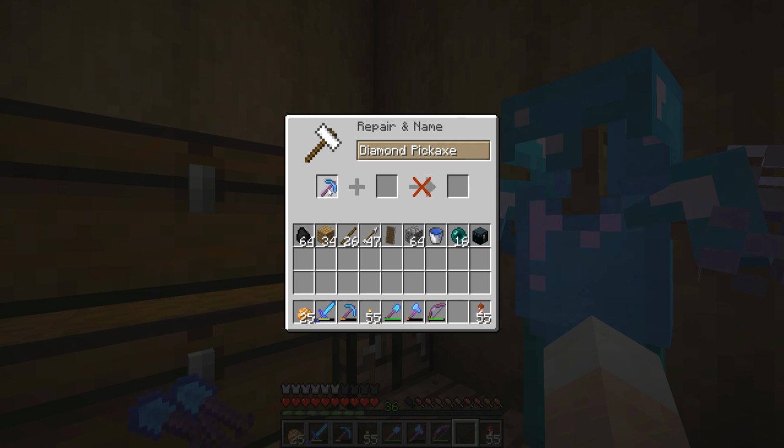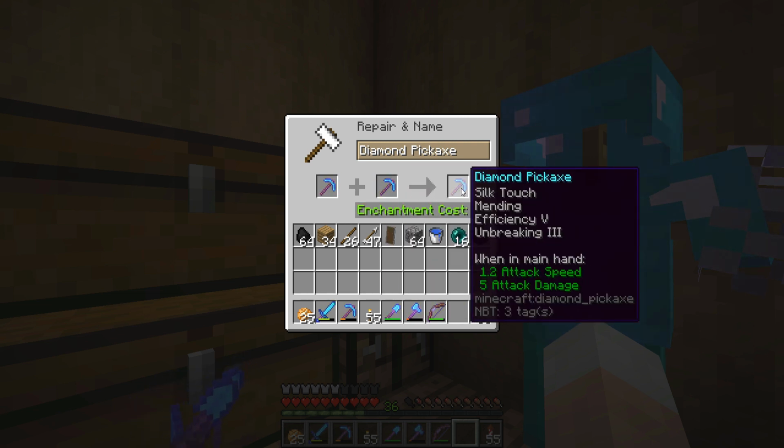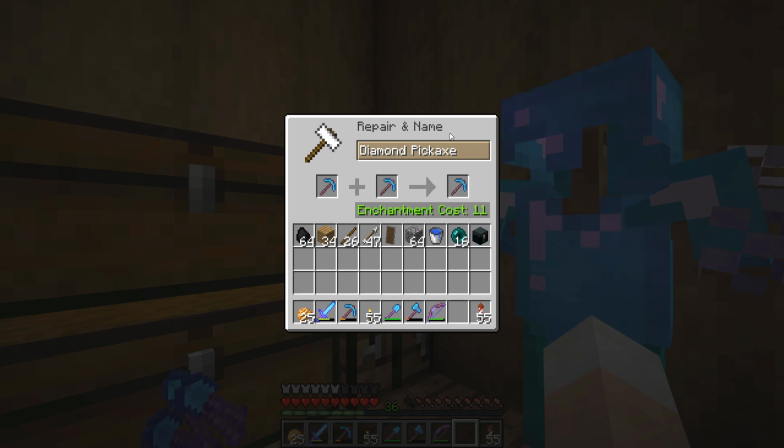So let's see, that's 11. That's it. Okay, so let's do this. Oh, it's raining. Silk Touch, Mending, Efficiency 5, Unbreaking. So that's the ideal Silk Touch pick. So I'm going to name it the old...